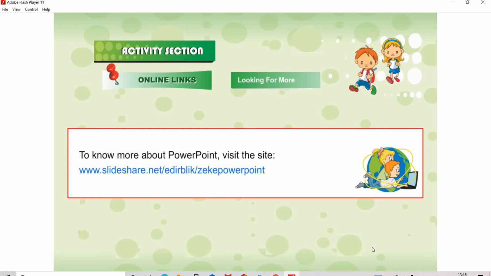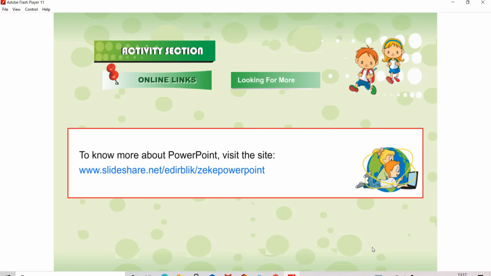Next question, what is a placeholder? For this answer, you have to open page number 77. On your page number 77, to the right side, you have Let's Know More. In that the first box is there. In that the placeholder definition is there. Placeholders are the dotted or hatch-mark borders that are part of most slide layouts. These boxes hold the title and body text or objects such as charts, tables, pictures, etc.